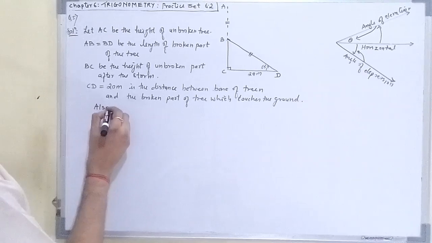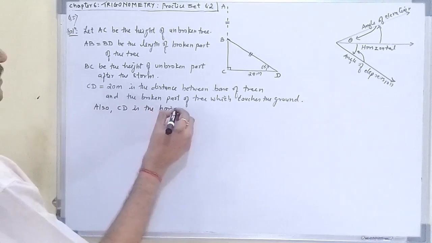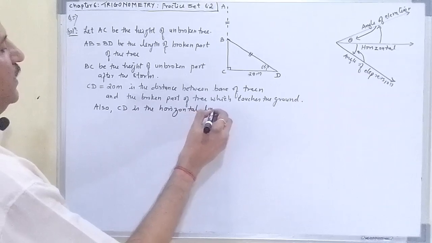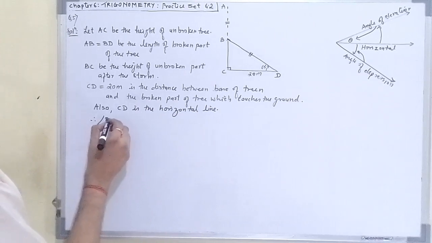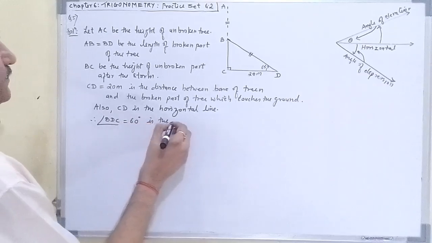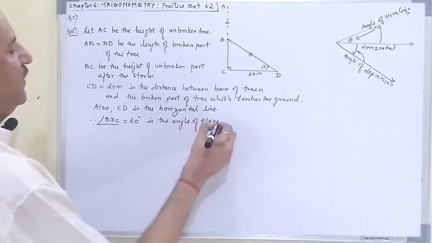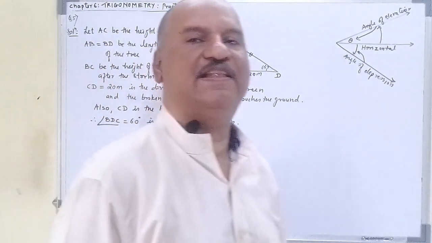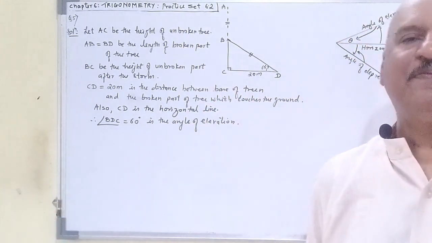Also, CD is the horizontal line. Therefore, angle BDC 60 degrees is the angle of elevation. चलो, जो कुछ भी हमें लिखना था रिगार्डिंग द फिगर एक्सप्लेनेशन था वो हमने सब लिख दिया। अभी न्यूमेरिकल